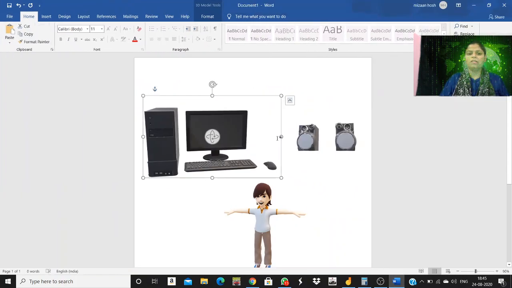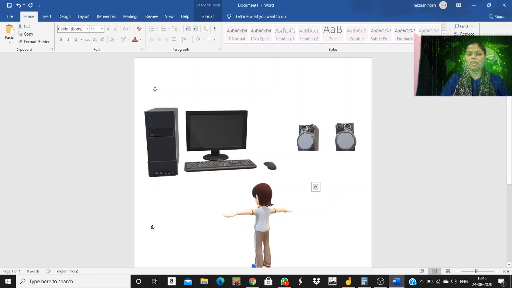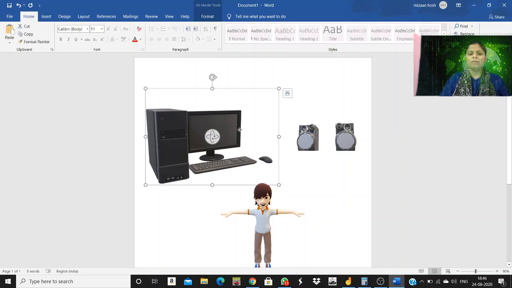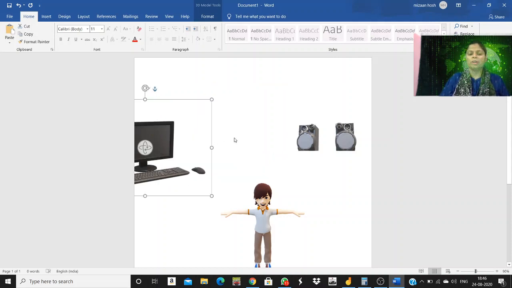See, children, as we have different parts in our body, in the same way, a computer also has many parts. See this. I have pasted this 3D model for you all. See, this boy, this human being has so many body parts. In the same way, the computer also has many parts. And all these parts work together to do any particular task. If you want to make the computer work, all these parts will have to work together.